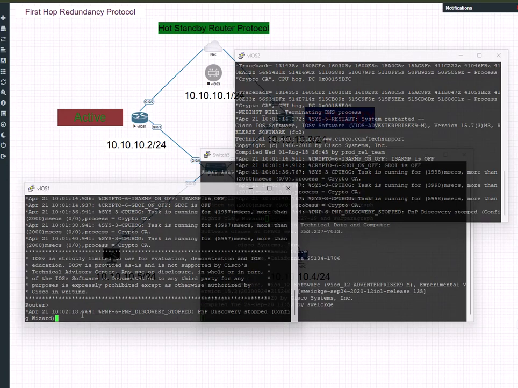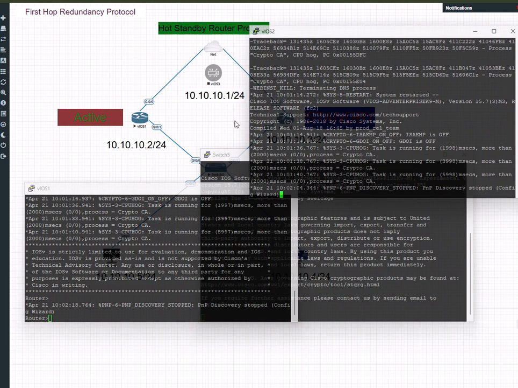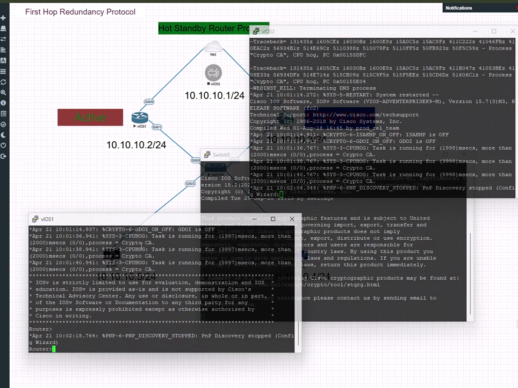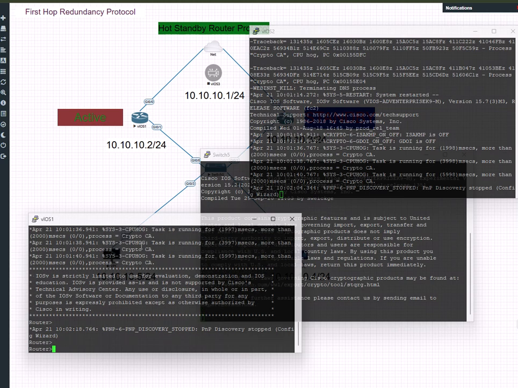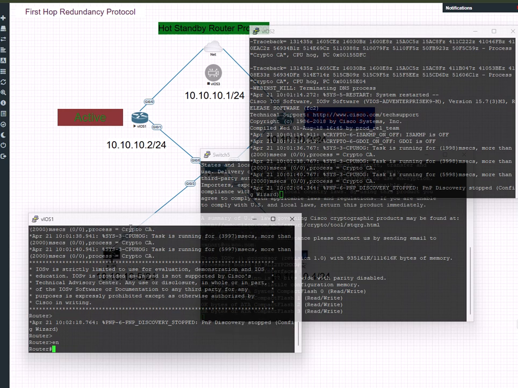The MAC addresses that are utilized by the virtual IP on both versions, version 1 and version 2, are actually different, but we will see that shortly as we do the configuration. Let's start by configuring this router over here. All we have to do is come here and type the command config terminal,